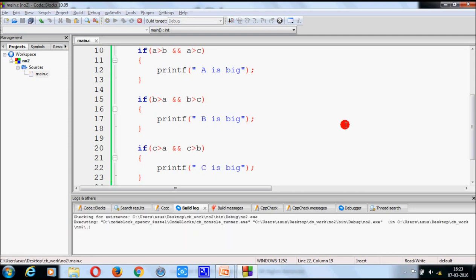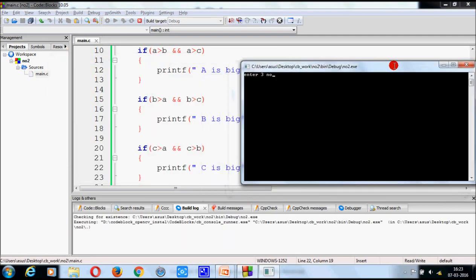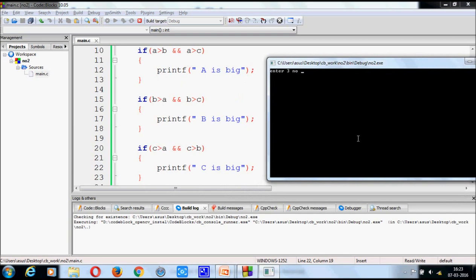Compile and run. Put an input 4, 5, 4. Yes, B is the big number. That means